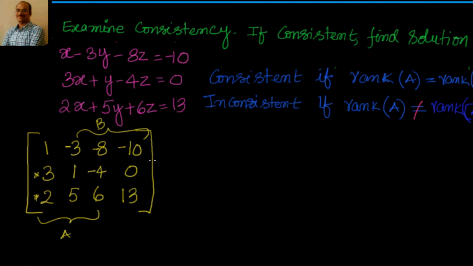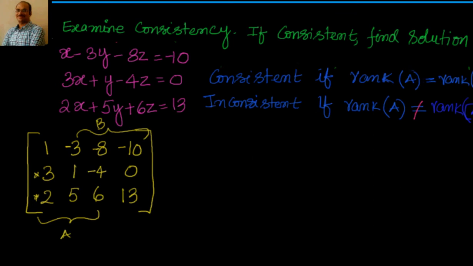Okay. Whereas coming to the rank of the augmented matrix, I need 3 by 3 matrices. One is already A, and the other one is B. If at least one of them has a determinant value not equal to 0, then the rank of the matrix is 3. Otherwise, if a 2 by 2 matrix is non-singular, then the rank is 2. Now to have infinite solutions, we need rank of A equal to rank of the augmented matrix less than 3. If it is equal to 3, we have a unique solution.